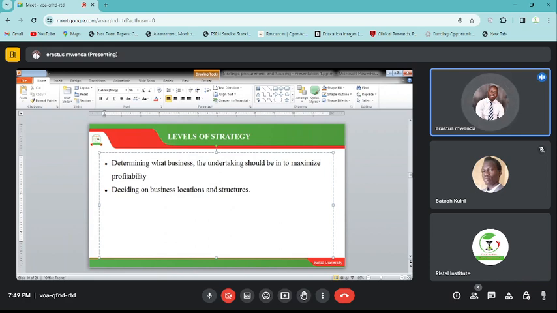And we have these organizations that we are calling prospectors. They are characterized by a focus on innovation, risk-taking, and pursuing new markets. An example that we can give of a prospector is a company like Netflix, which has been able to revolutionize the entertainment industry with subscription-based streaming. And also we have another company we call Tesla.